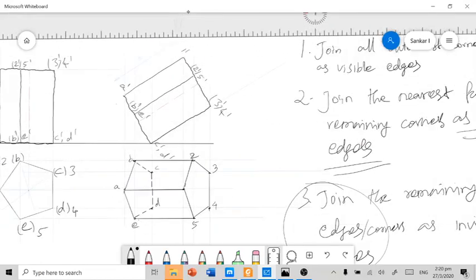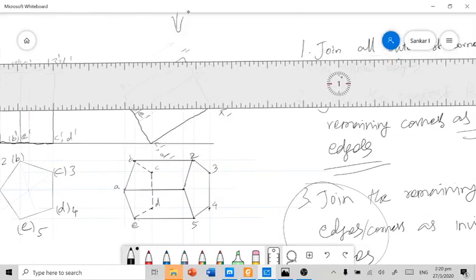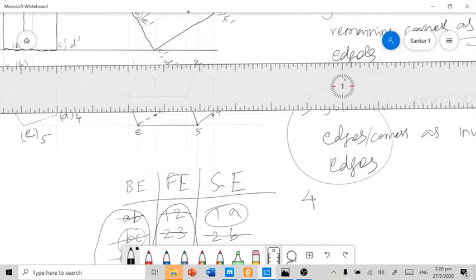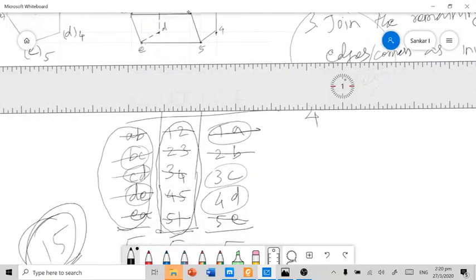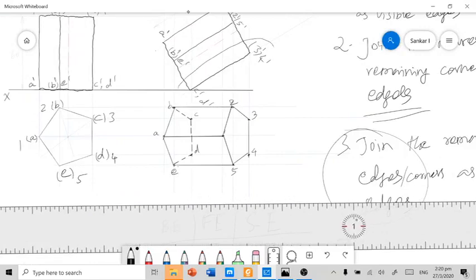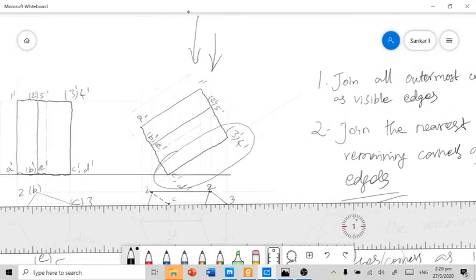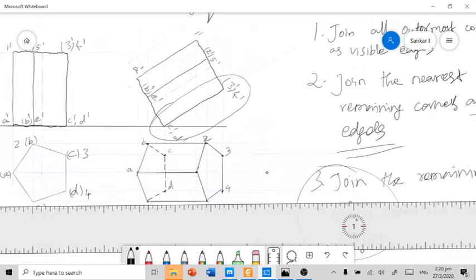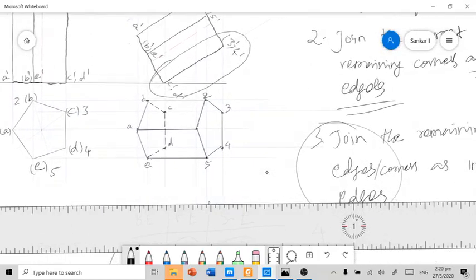Now let me strike off 1A, and the edges 3C and 4D. They are here, 3C and 4D. When you look from the top, it's not possible to see 3C and 4D. So these definitely have to be drawn as invisible edges.